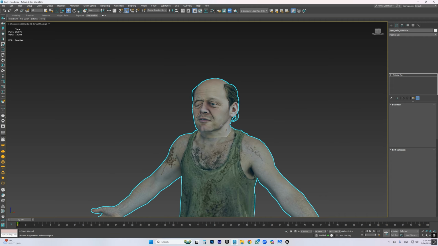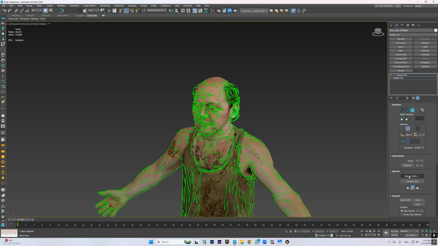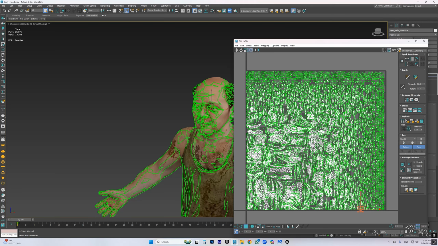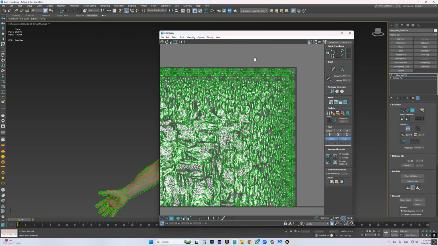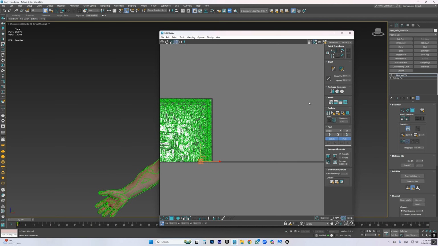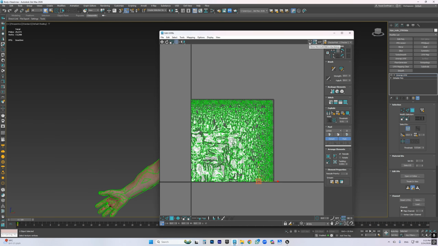So what I need to do is take this guy here, add Unwrap UVW, go to Open UV Editor, and in the UV editor, you can see that the face and the body, all the islands are in the same UV space. So if I want to create multiple UV spaces, in this case 2, because I have 2 materials, but you can create 3 materials, 4 materials, however you want. What I do is I click here, multi-tile in dialog,